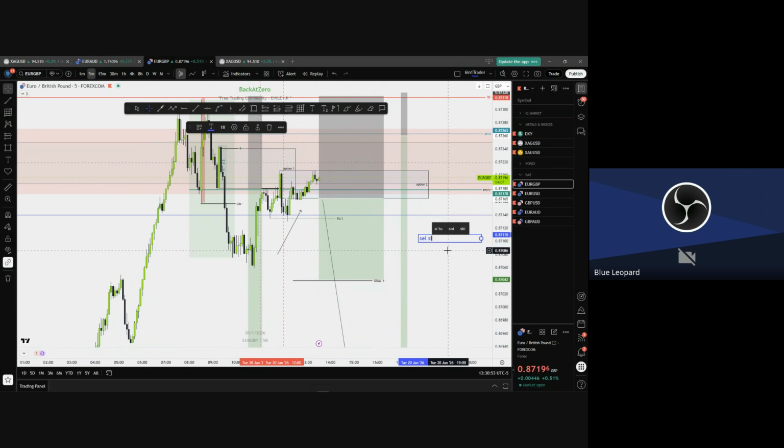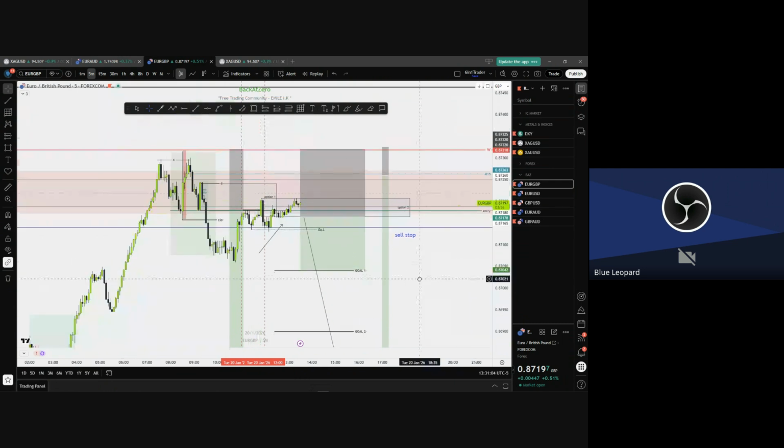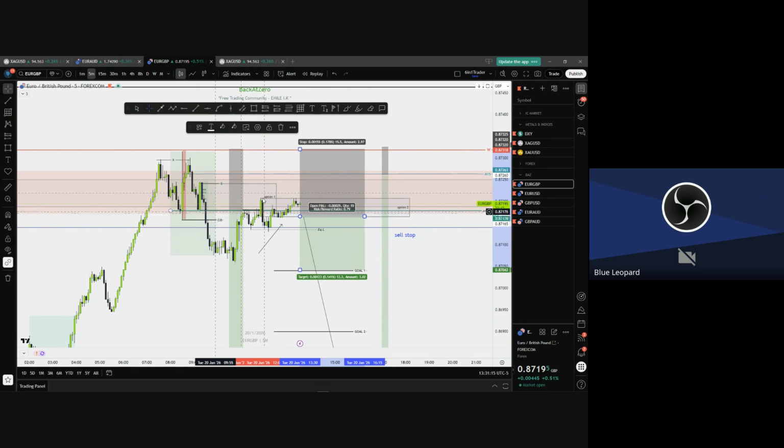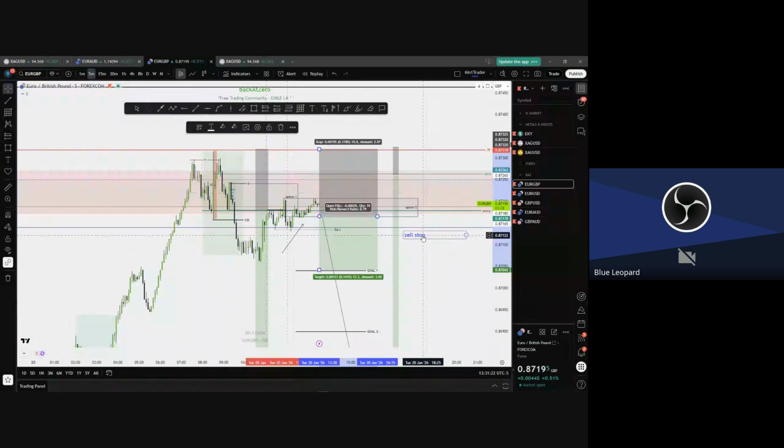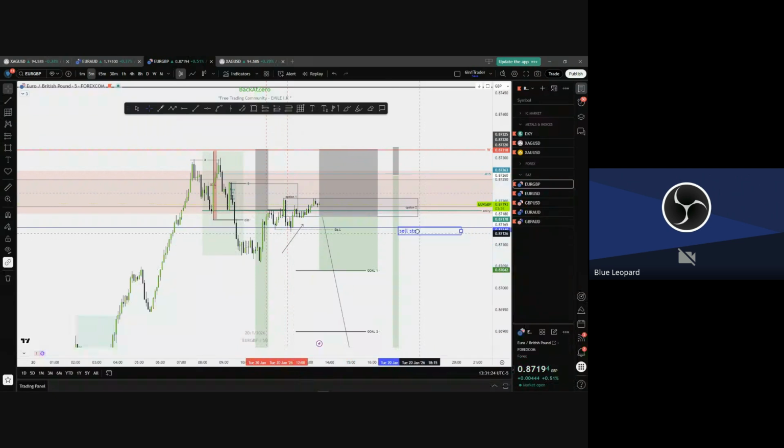What does that mean? A sell stop is when price is above my entry. I don't want to sell with too much higher price. I expect to see price drop because I know it will reach here. I don't want to sell now. I will let price play out and then come on my side. So the sell stop will be placed here,